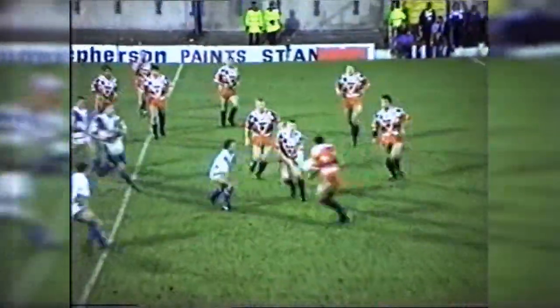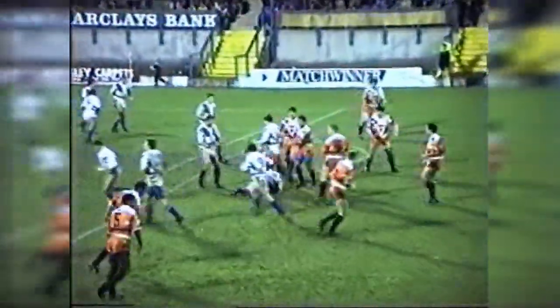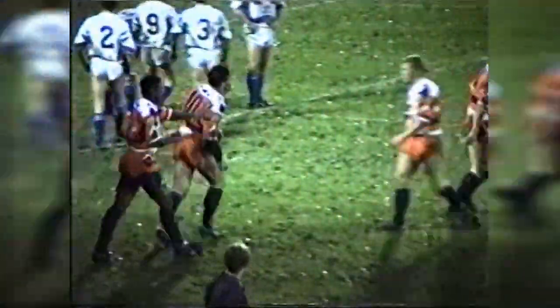So Martin Pearson there to Porniola there to Terry Manning. Terry Manning through the gap. Terry Manning still going, looking for support players, and they were all there, but they were just overrunning that time. So it's Mark Wilson with the ball now. Mark Wilson there to Gary Price. Doesn't he make it look all so easy? Mark Wilson just hung the ball up in the air. Give me the ball. And Gary Price there on his shoulder. Made it look all so easy. Run through the gap to put the ball over in the corner. The ball's in. Mark Wilson with the ball there now to...